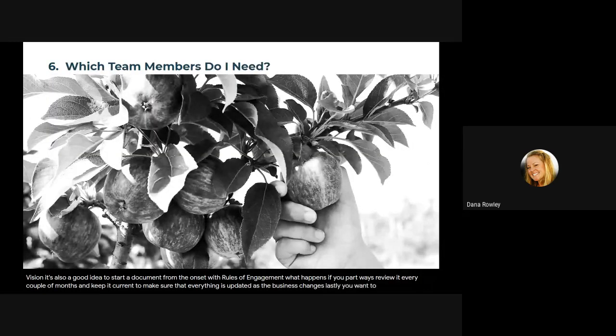Lastly, you want to think about your team. Think about who to hire, junior versus senior, what sort of workload you expect, that sort of thing. And remember, you're the boss and these are your employees. So you want to make sure you're hiring people that you want to work with and you feel comfortable being responsible for their work. You also want to make sure that you understand all tax and legal ramifications of running a business and seek out the appropriate help to make sure you're in compliance with everything in your location.